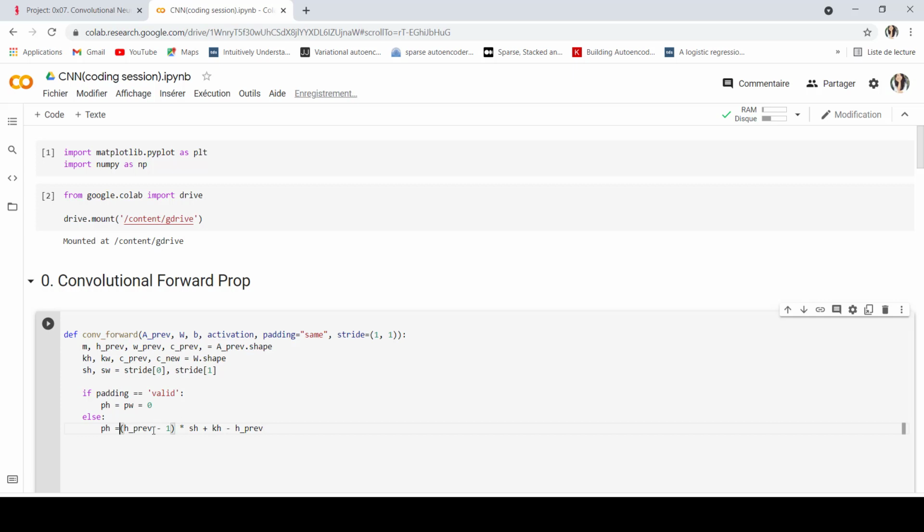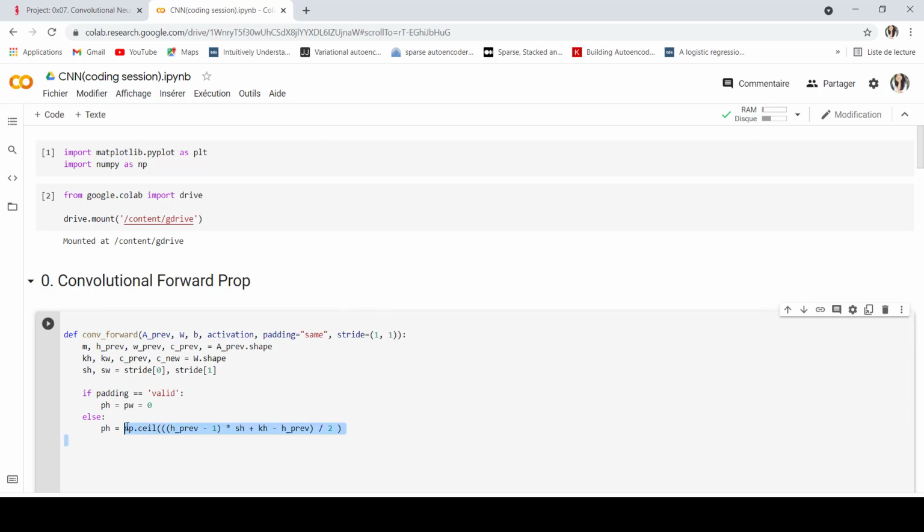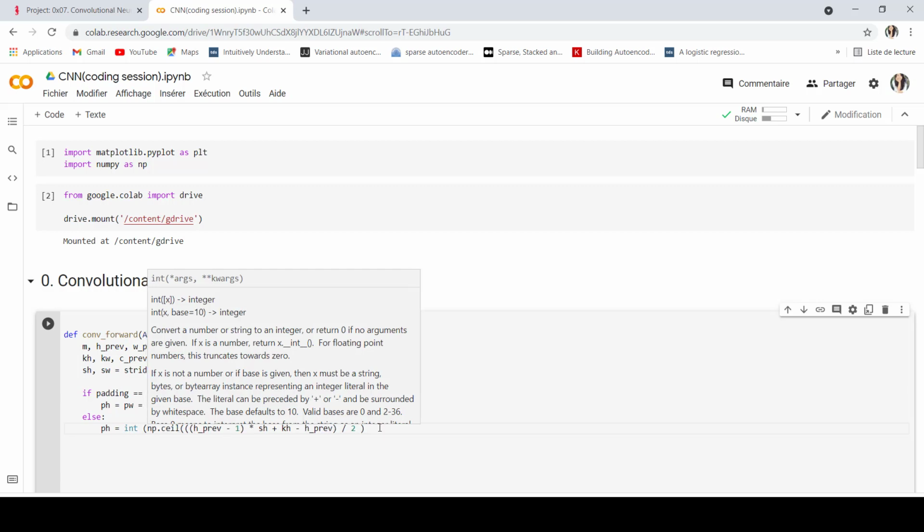All this will be divided by 2, and we take the np.ceil of this. Then let's make sure that this will be an integer.